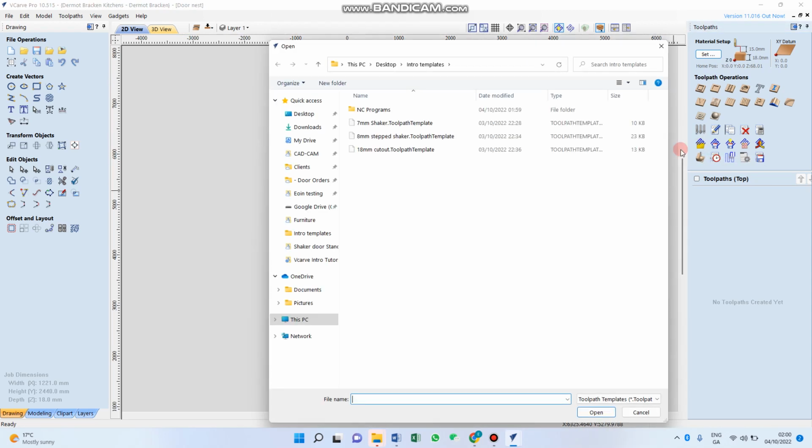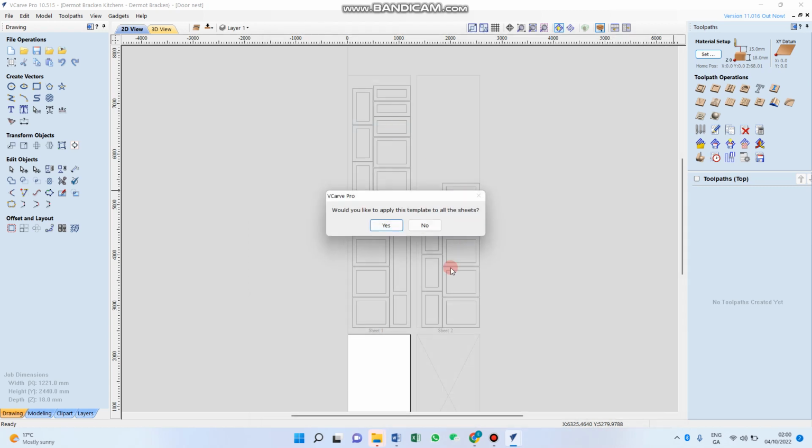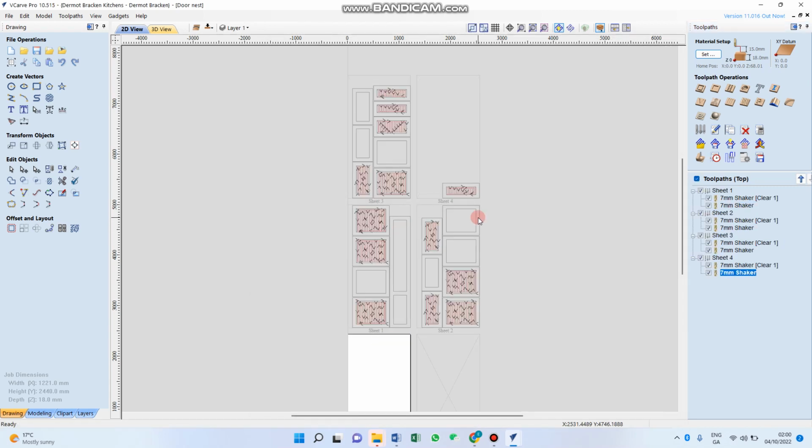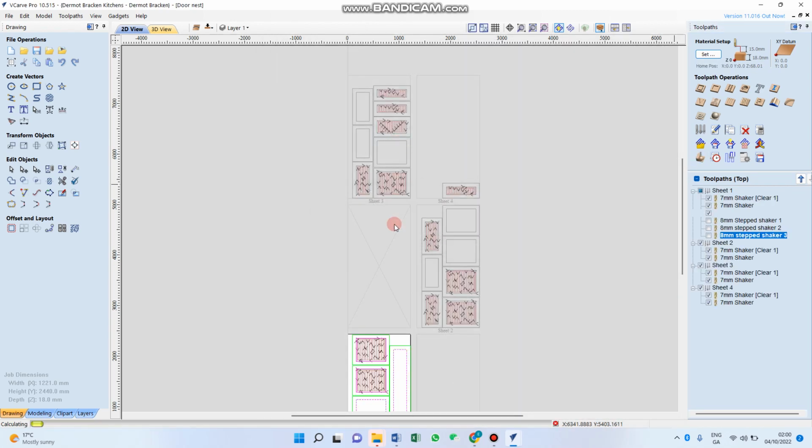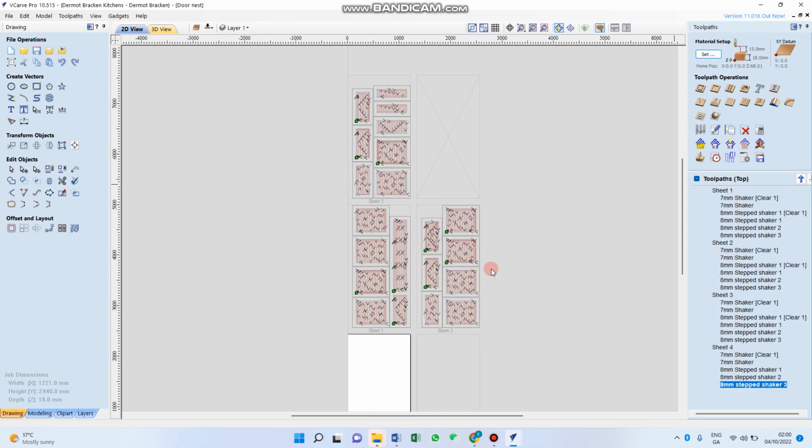So now, here's where it gets interesting, right? So I'm going to bring in 7mm shaker, do that on the front. You can see it's done all the ones we have the correct layer on. I'm going to bring in the step shaker. That's the rest of them. And then finally,